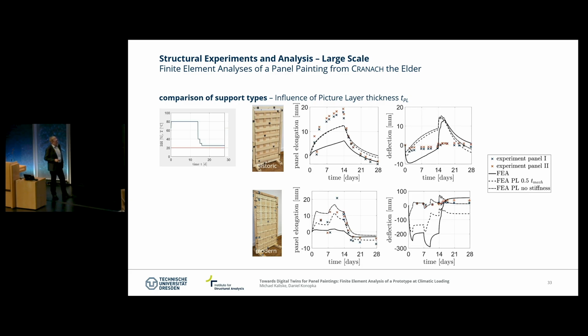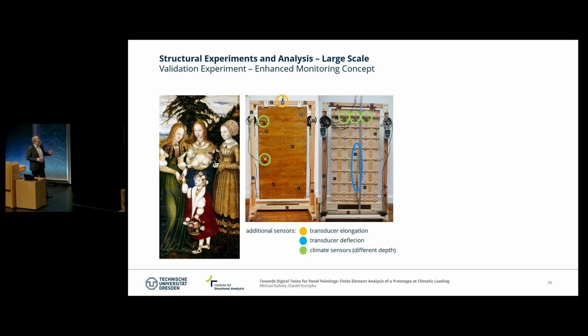We then, of course, had some replicas investigated in the climate chamber, some experiments. Partially it's fitting, partially there are still some discrepancies. That might be due to the measurement of the state of deformation, because we took the replicas out of the climate chamber and had some photogrammetrical investigations. But that means that the current state, when we took the photos, is already changing the situation for the panel. So therefore, that might be some origin of the difference. Of course, there might be some need for improving the identification of the material parameters as well.